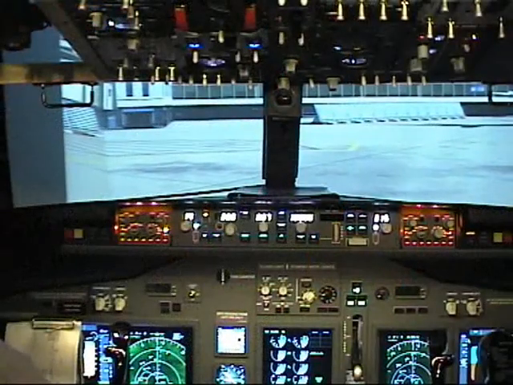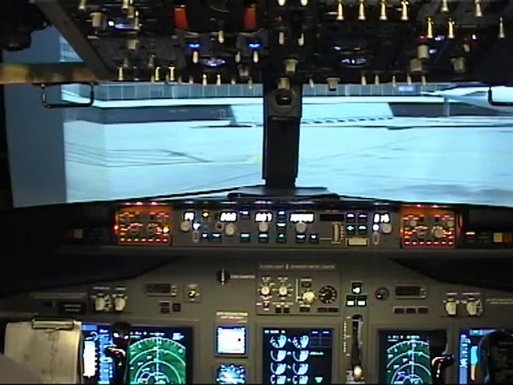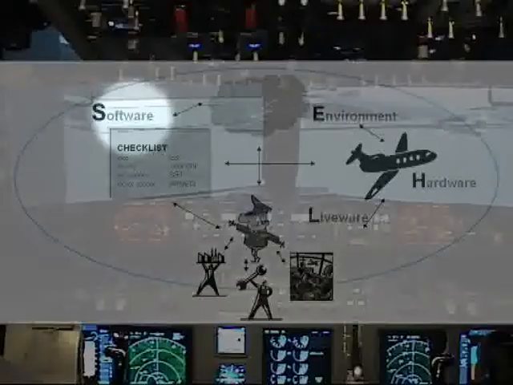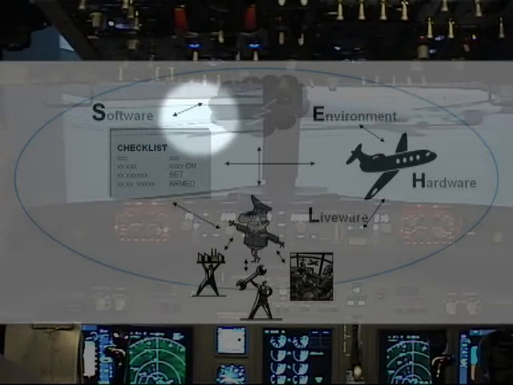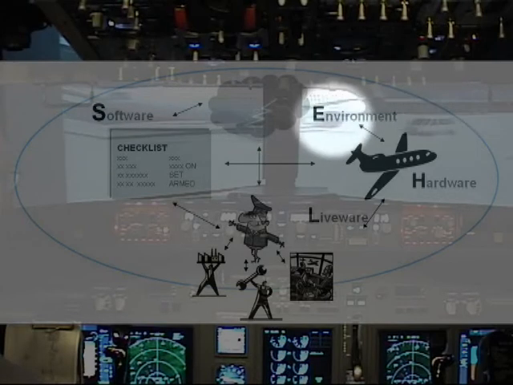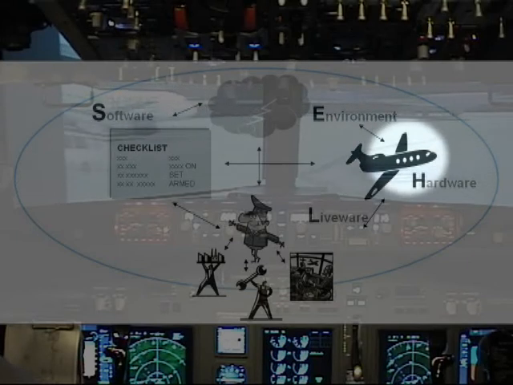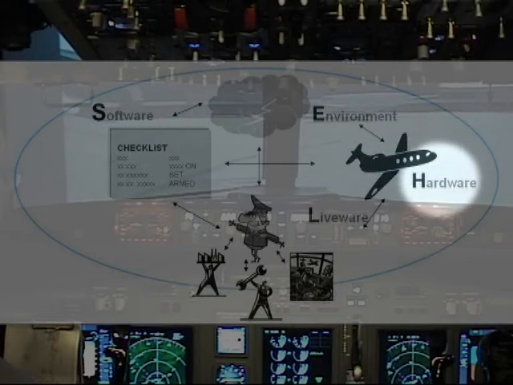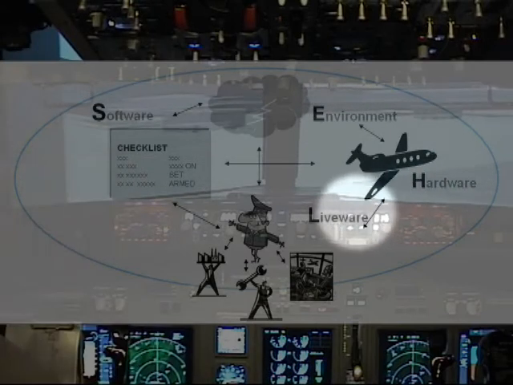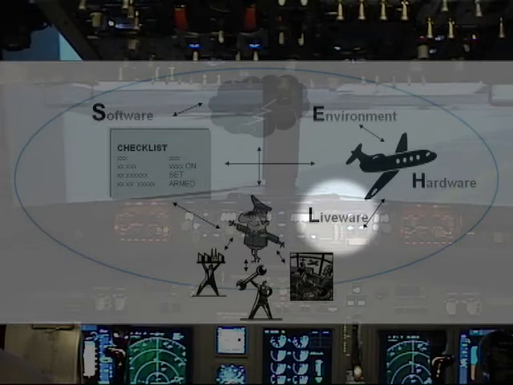The SHELL model is a conceptual framework developed by Edwards in 1972 and modified by Hawkins in 1975. It is used to examine the numerous interactions between software, like manuals, checklists, procedures, environmental factors like weather and lighting conditions, hardware, that is essentially the aircraft, and liveware, being the flight and cabin crew, ground crew, ATC